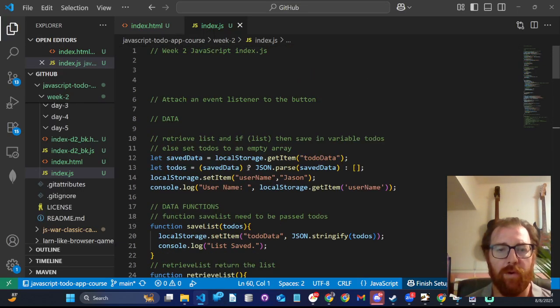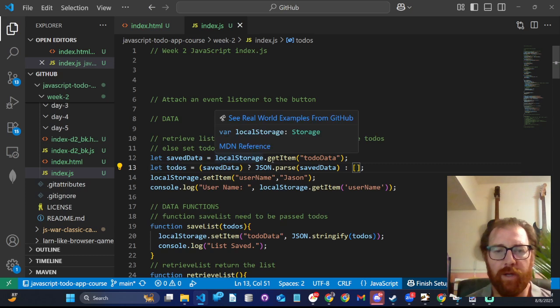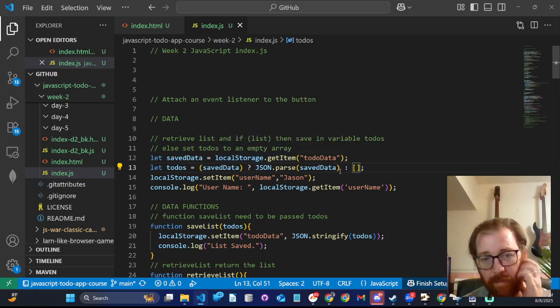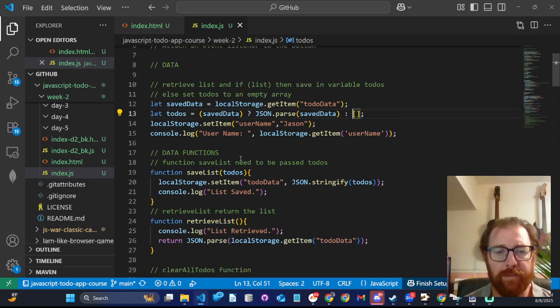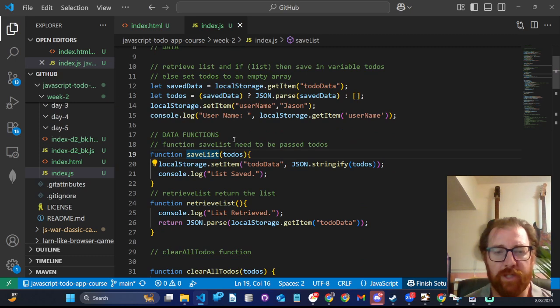Right now we've got our to-dos, and if we're starting from scratch, it's basically an empty array. And we've got some functions. Now, I do know that when we're talking about objects, functions that are associated with an object are called methods. So we're going to be creating an object. Let's see what